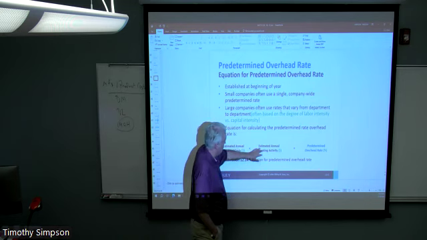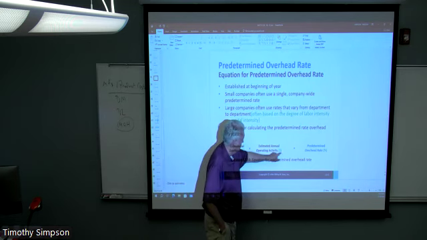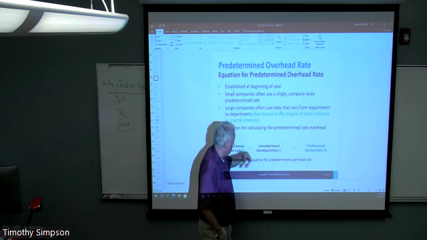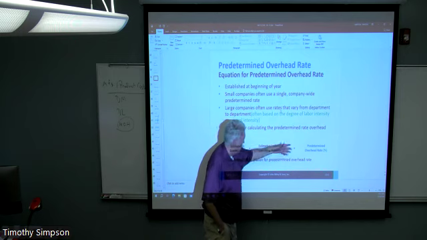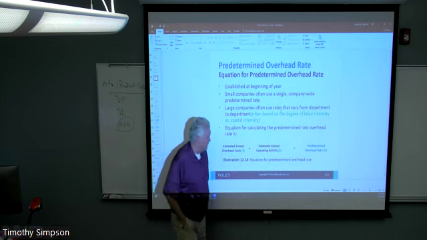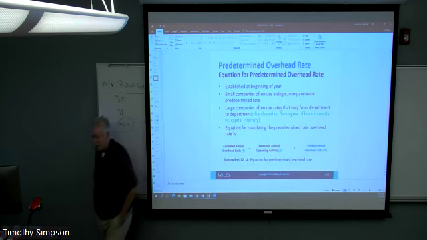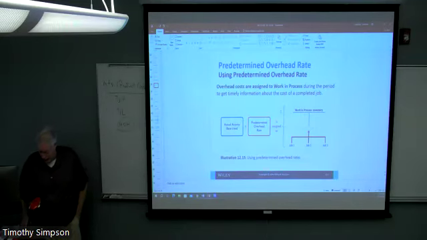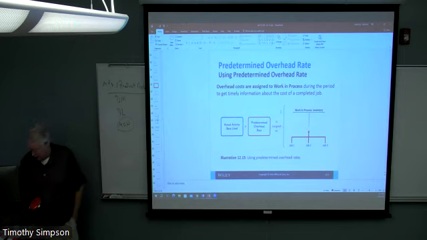And then we think there's going to be some sort of operating activity. In this case, we're using a dollar figure, but again, it could be numbers like labor hours or machine hours, in which case we're going to have a different variable. Here we have a dollar figure divided by a dollar figure. We're going to have a percentage, okay? And then that percentage will apply to the driver, which is the activity that we're hanging our hat on. So in this case, what do we have here? We've got whatever the activity base is times the overhead rate, then goes where? It goes to inventory, okay? Specifically work in process inventory.